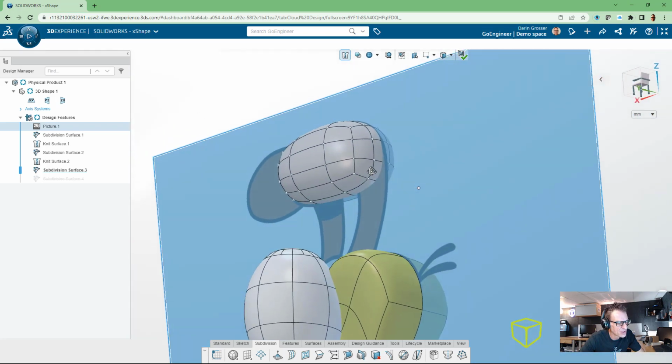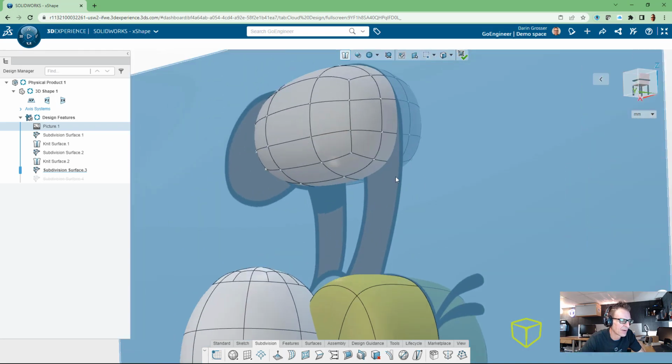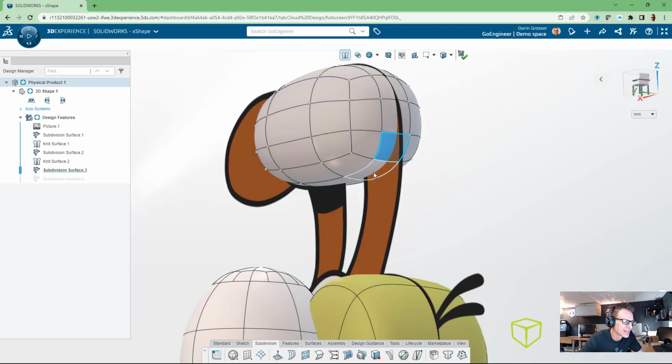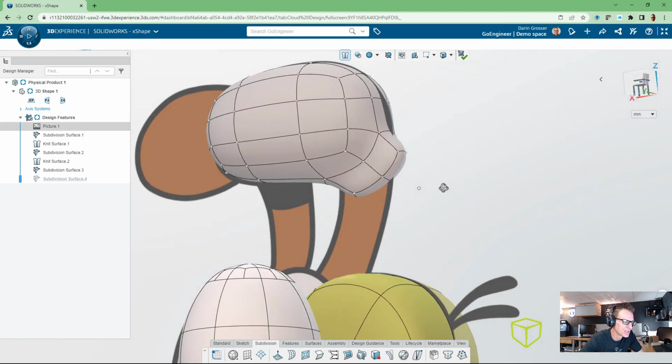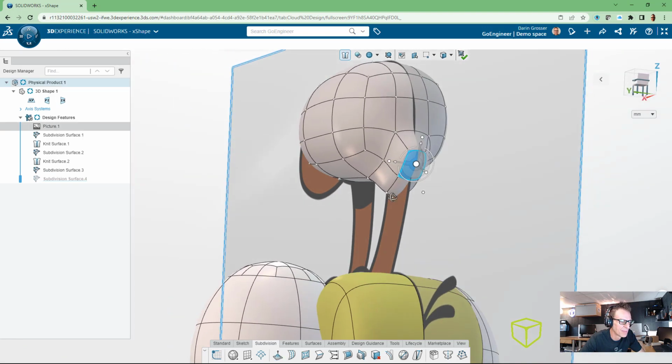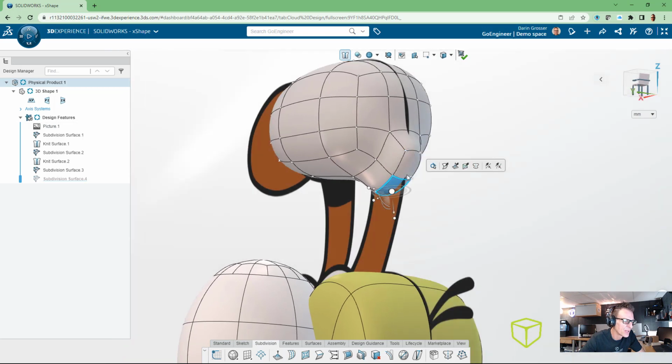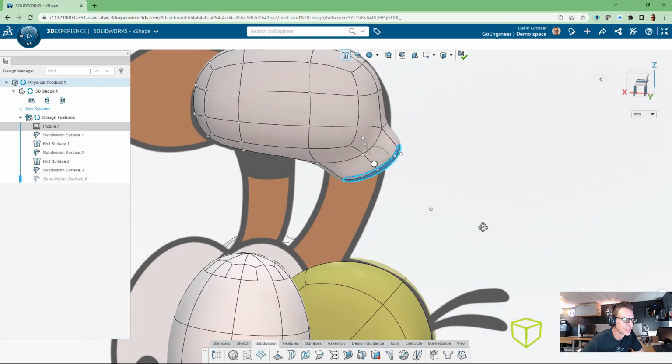Okay, I think I'm going to do this by adding another area here where we're going to do some subdividing. I just want to bring this area down. And for what we have, I'm not using symmetry at this point. We'll just grab these faces and maybe just throw some clay at those. So subdivide that a little bit by adding an extrude. That's going to give us some additional material to manipulate down here at the bottom. So we can grab both of those using the Shift key once again,